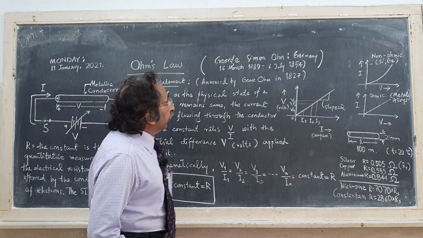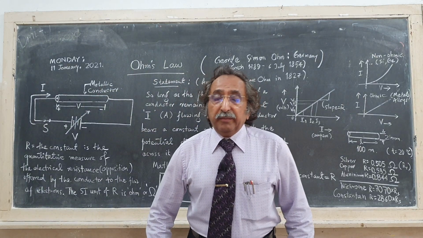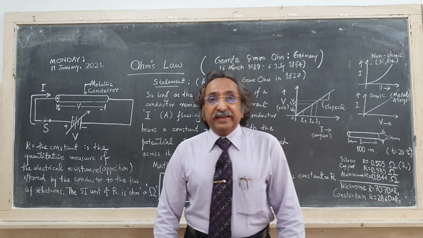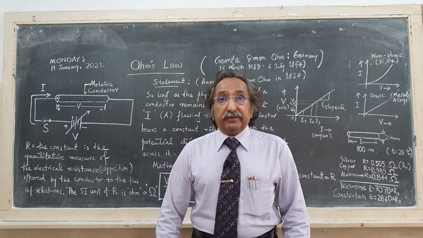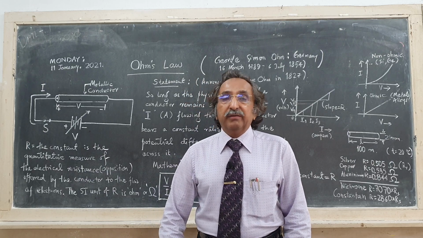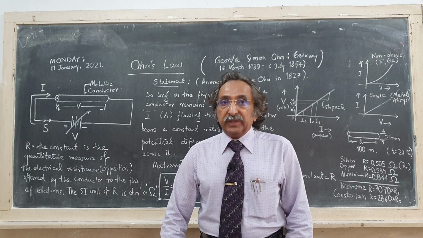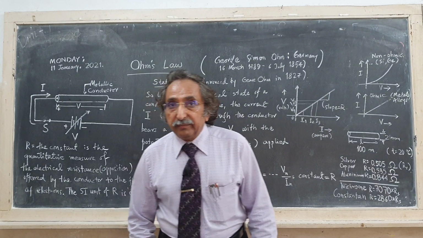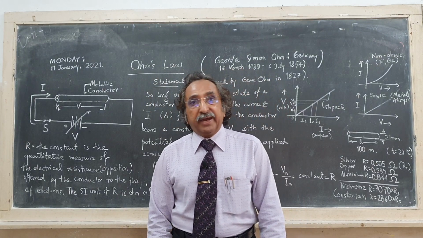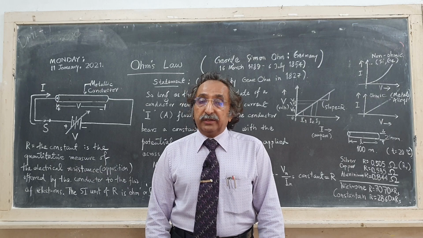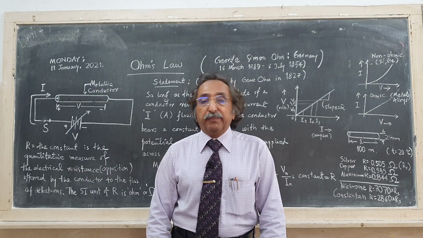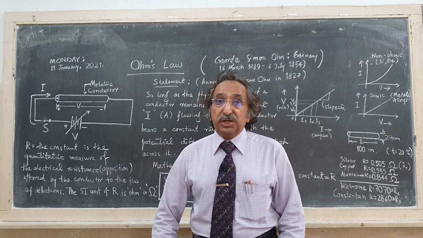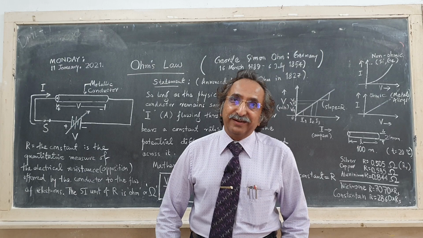Ohm's law gives a way to understand electrical sciences, and it is applicable to all the further theoretical developments in electrical engineering. Again, to sum up, the current flowing through a conductor is directly proportional to the applied voltage across the conductor in such a way that the ratio V upon I is always constant. That constant is R, and it is the quantitative measure of the electrical resistance of the conductor.